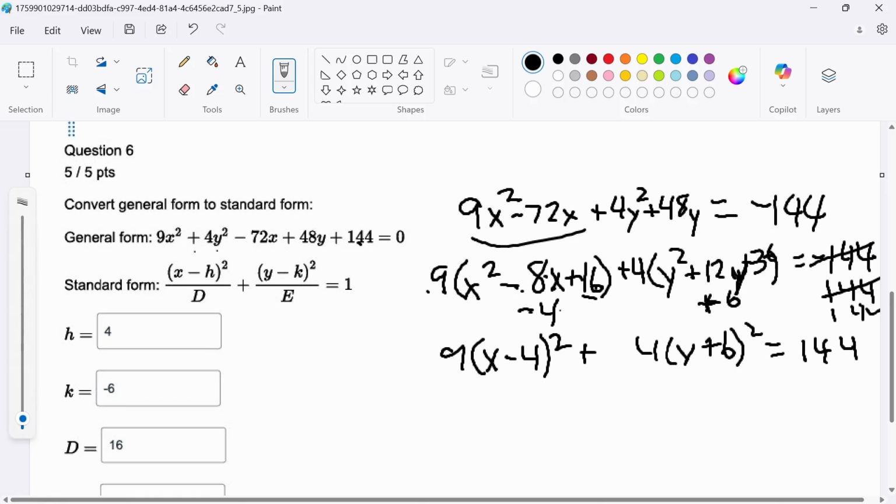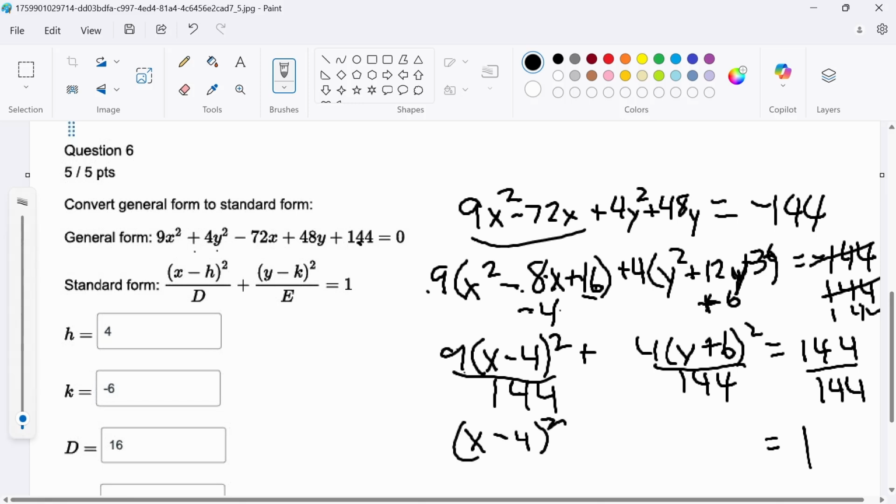Now all I have to do is get this equal to 1. So I will divide everything by 144. Divide it by 144. Divide it by 144. And I've got equals 1. And then 9 divided by 9 is 1. 144 divided by 9 is, let me put the x minus 4 squared part here. 144 divided by 9 is, 9 times 1 is 9, 54, 9 times 6. So that's 16 plus